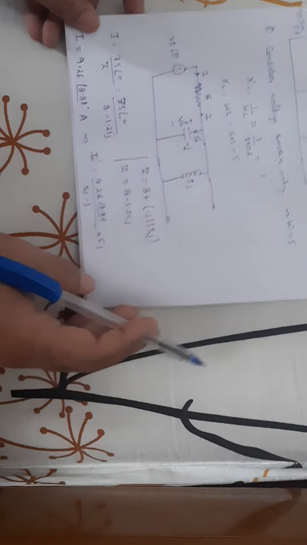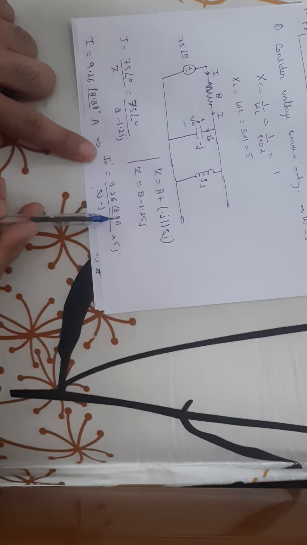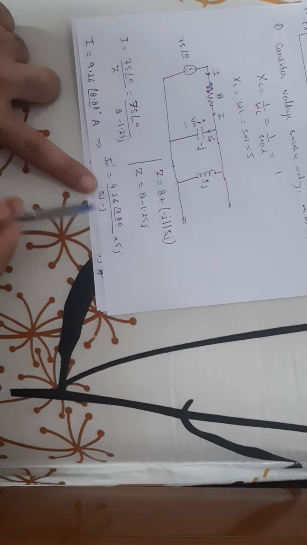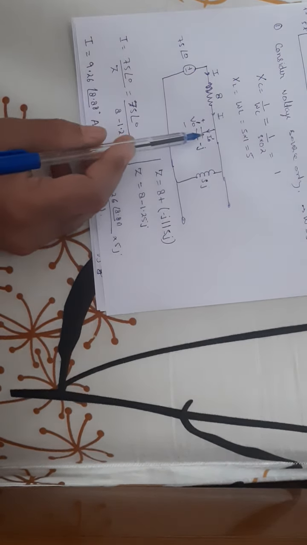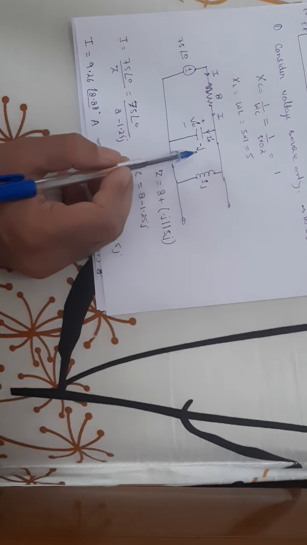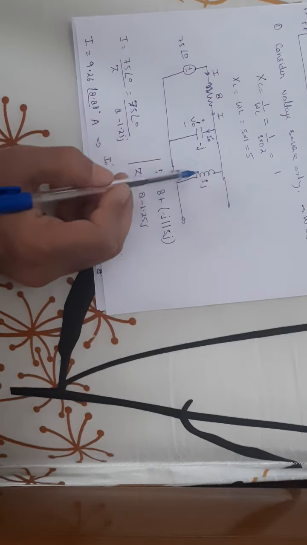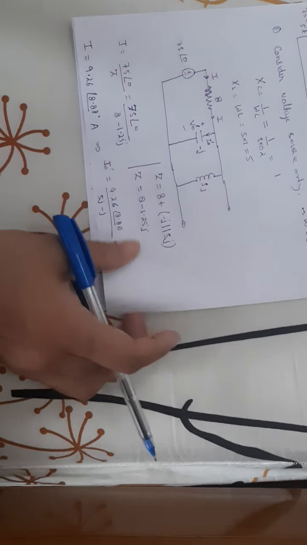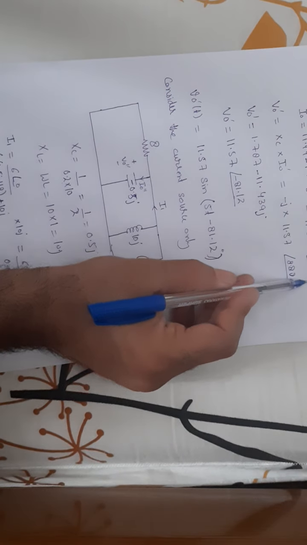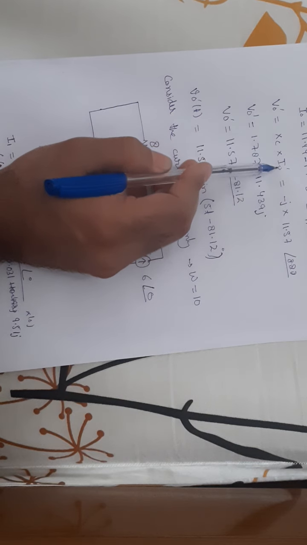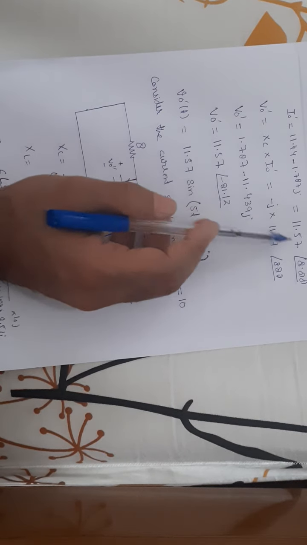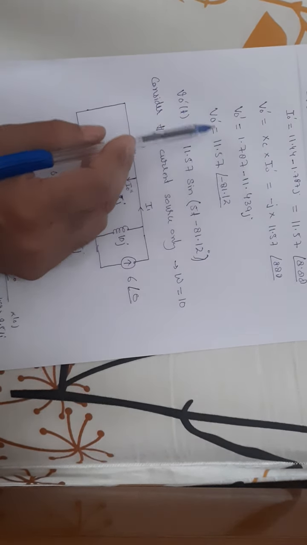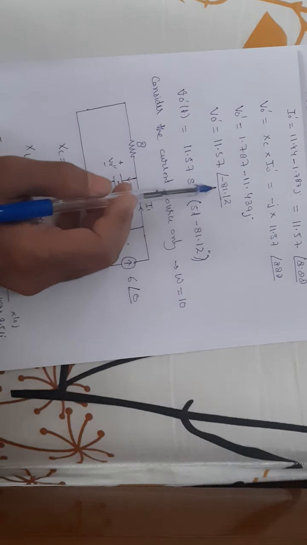So here I am calculating it. I naught dash is equal to 9.26 angle 8.88, which is the current I, divided by the sum of the two impedances, 5j minus j, multiplied by the opposite impedance. Since I am calculating the current flowing through the minus j ohm branch, I have to multiply by the opposite branch, which is 5j. Using this formula, I calculated I naught dash. V naught dash is nothing but Xc into I naught dash. Xc is minus j, and I naught dash I calculated here. Substituting the value, I got V naught dash equal to 11.57 angle 81.12.